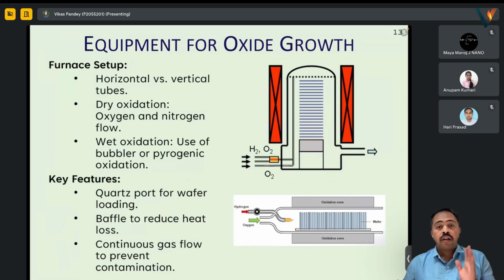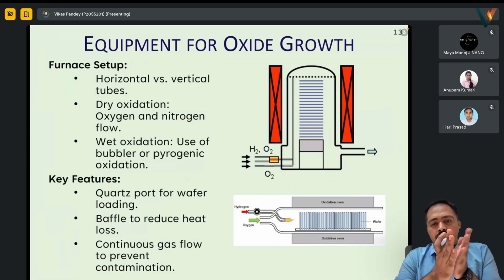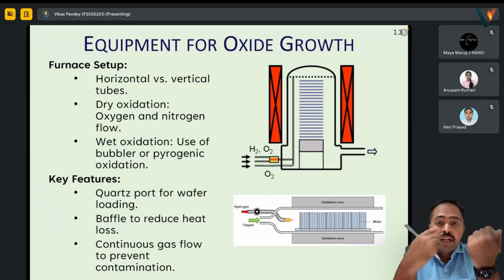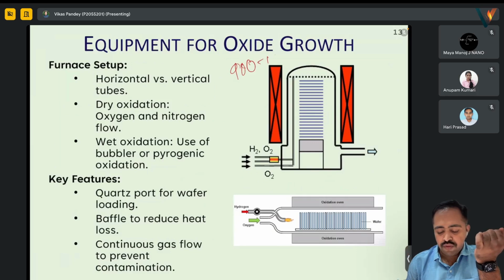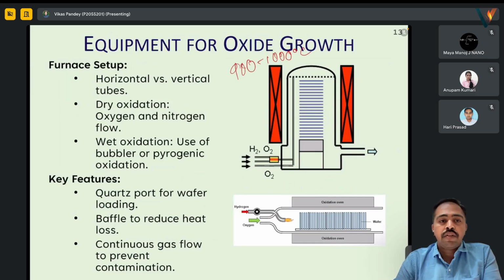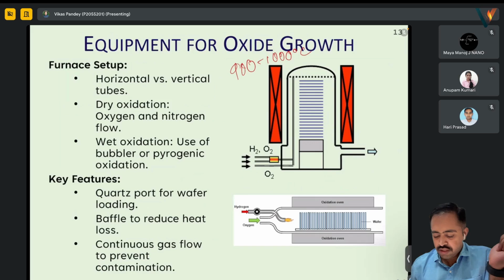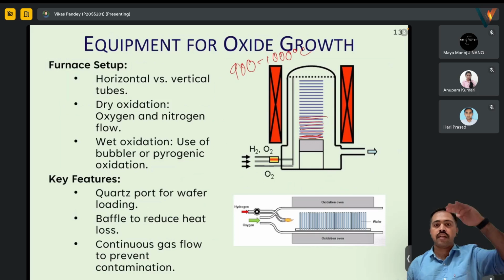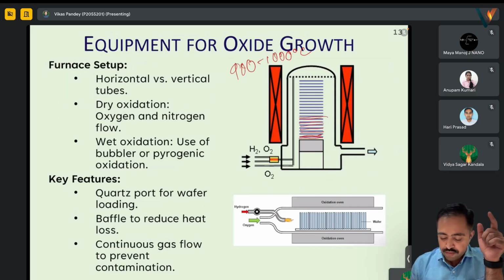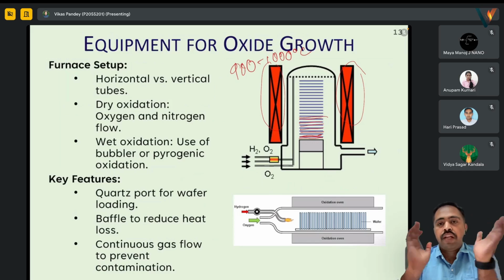So how is this oxidation done? Oxygen or H2O has to be flown at high temperature, 900 to 1000 degrees Celsius. But it can be done in two kinds of setups. One is horizontal, the other is vertical. In the horizontal setup, if you see the furnace like this, these are the silicon wafers, and they are stacked in the vertical section. And these are heaters which will heat the whole thing,